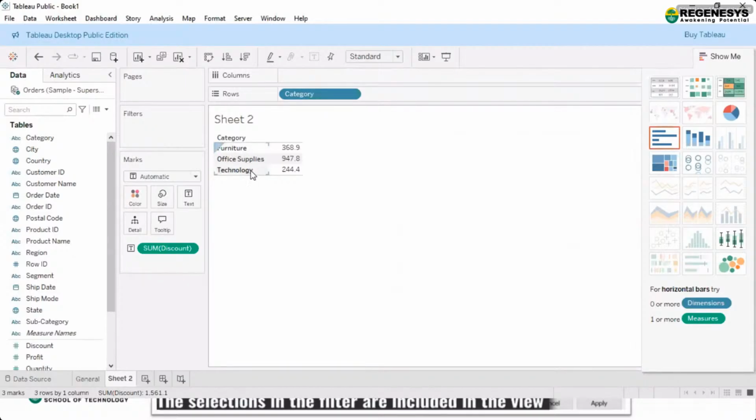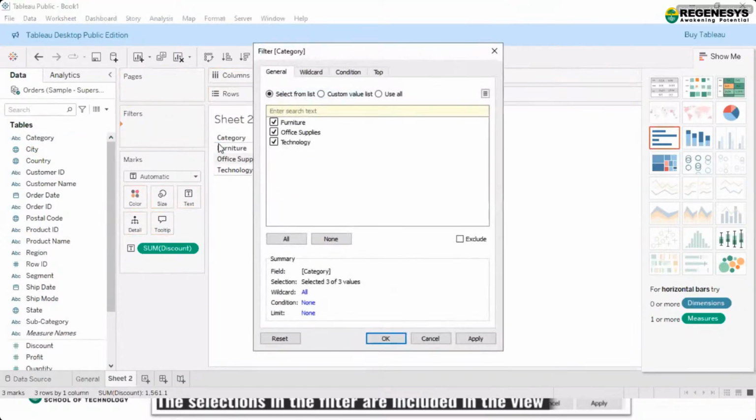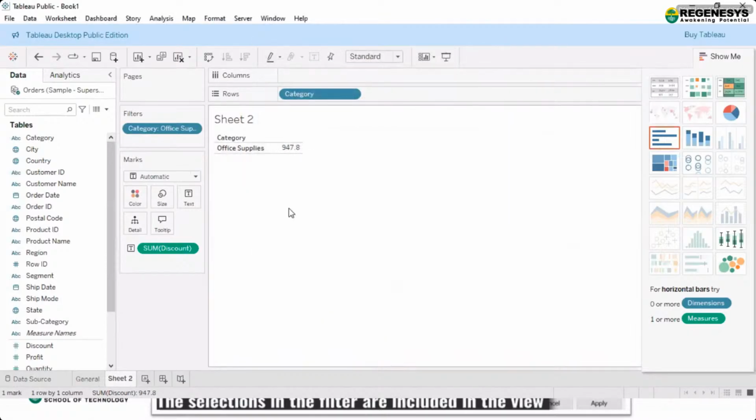But when I want to apply the context filter, I can go again to the context. Here I'm taking it, and let's say I choose only office supplies. So this is what I am including, not excluding. I click apply and okay. So you can see I'm getting only the data related to office supplies.